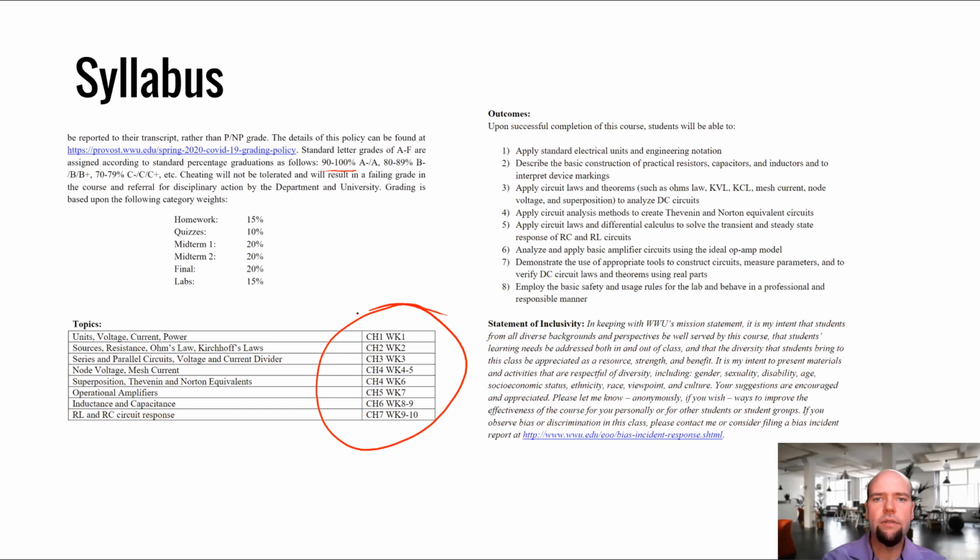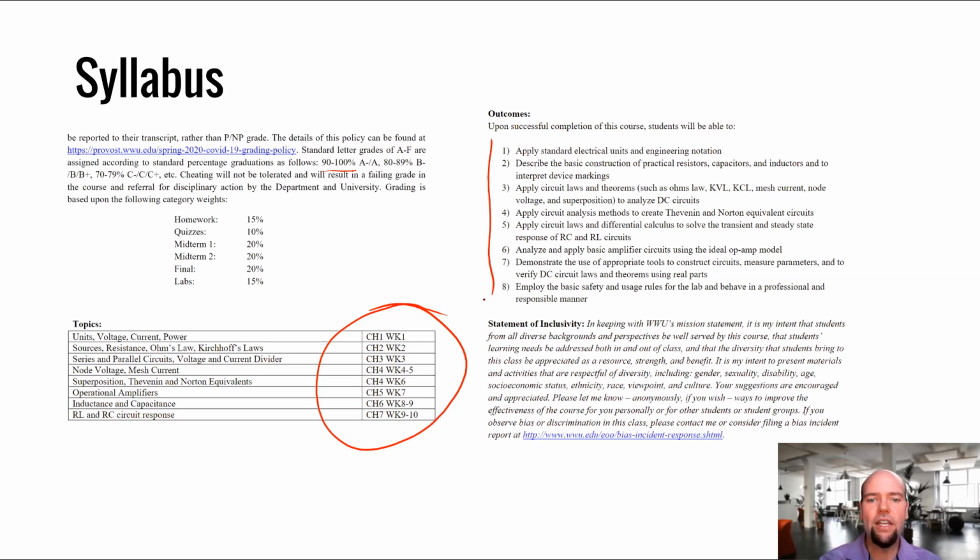So the outcomes. One thing to note, if you're a student in the state of Washington, Washington state law requires all syllabi for classes to list the outcomes for a class. These are very important. These are the things where contractually the class says, upon leaving this class, you will be able to do X, Y, and Z. If you successfully complete this class, you can do these things. So I encourage you not only for this class to read these through, but also in general, look at the syllabus for all of your classes and see what they say the outcomes are. See what they say you should get out of the class. And if they're not there, maybe gently remind the teacher that they should tell you what the outcomes are, and it's technically Washington state law.